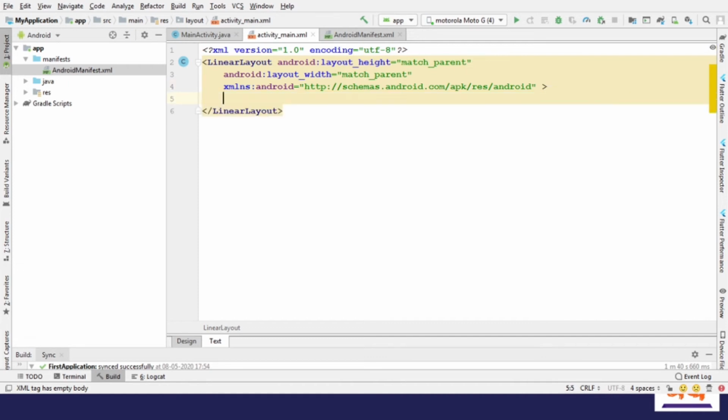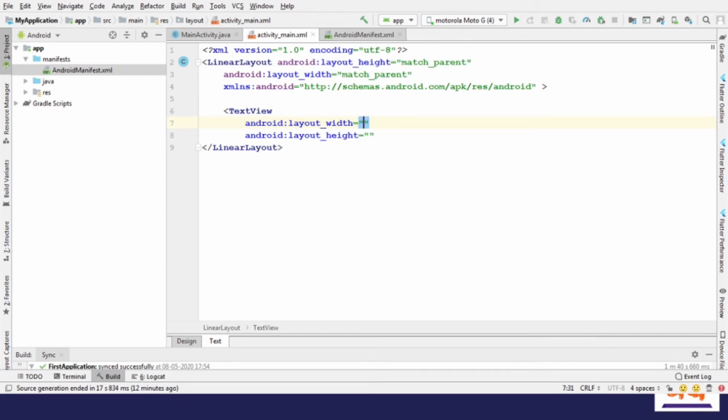So let's move forward. In this application I am simply going to show a simple text which is hello world. For displaying the text I need to use a widget called TextView. As I already mentioned, each component needs two properties. One is width and second one is height. So in case of width, I am going to use match parent. In case of height, I am going to use 25 SP. SP is a unit. Let's check out the design.